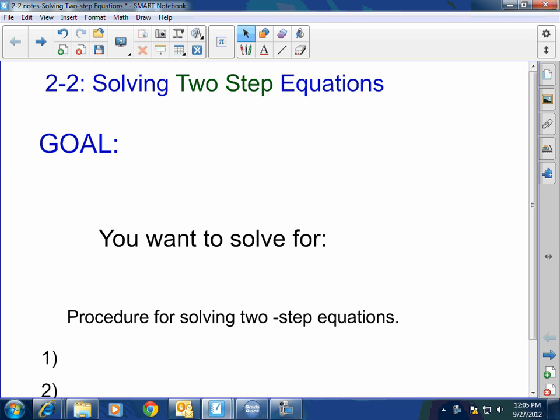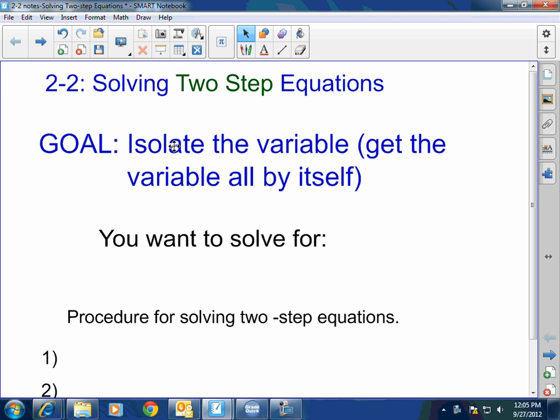Just like yesterday, what is the goal, do you think, of any single equation? One step, two steps, or a million steps? Get the variable by itself. Isolate the variable, yes. And when we isolate the variable, we want to solve the variable in what form? What does the variable got to look like? X